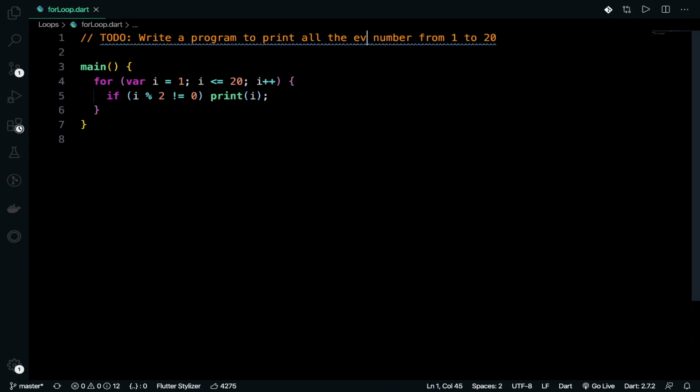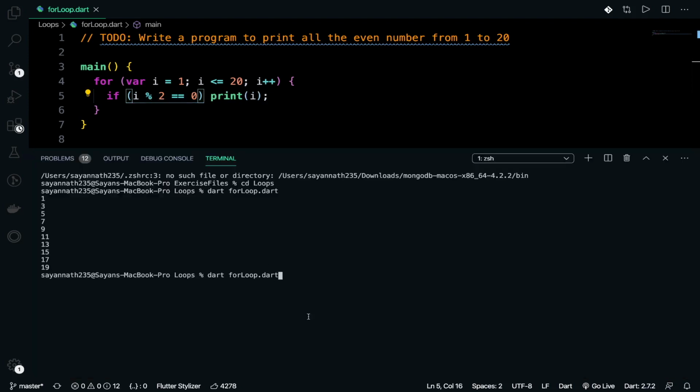Let's put it as even and just change it by this, and watch the output. See, 1 3 5 7 9 11 was the previous one, and now 2 4 6 8 10 till 20.